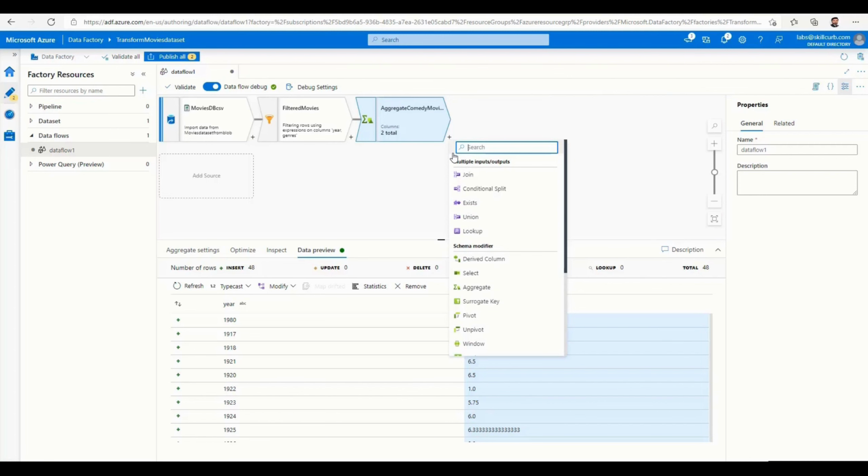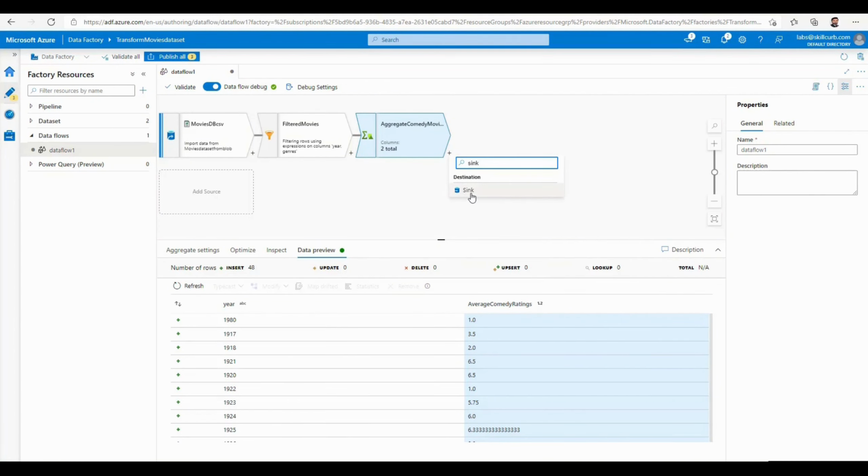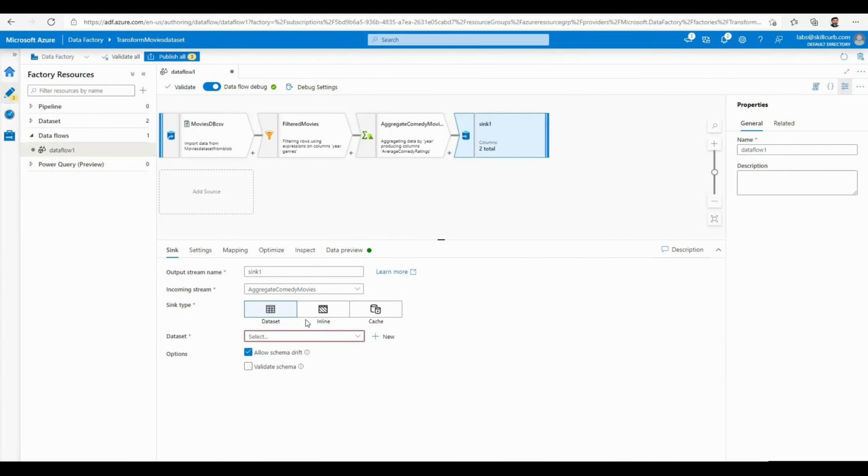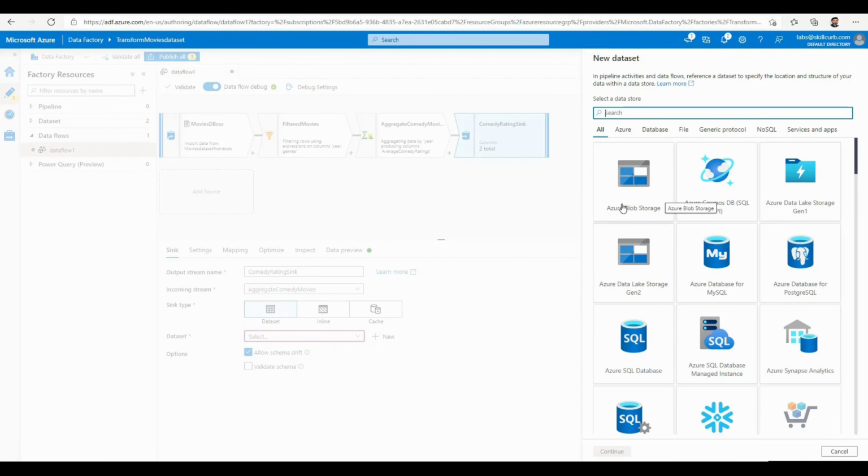Click on this plus sign here, search for the sync option and select it. I will name this output stream as Comedy Rating Sync. Then we have the sync type. Either you want it to be dataset type, inline data, or a cache only. As we want it to be in a proper dataset format, I will select this option. Now it asks us where you want to save it, so we will create a new dataset and save it in blob storage. Click on the new option, select the Azure Blob Storage,